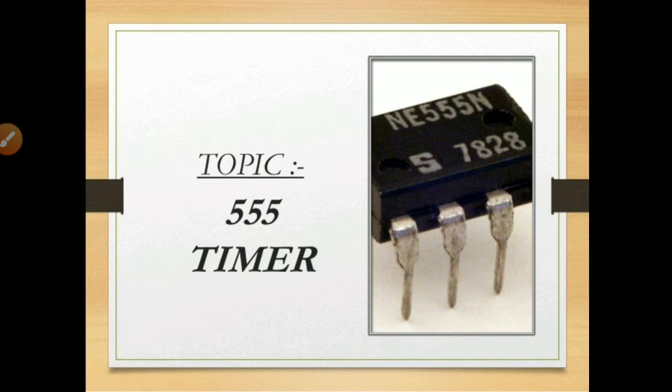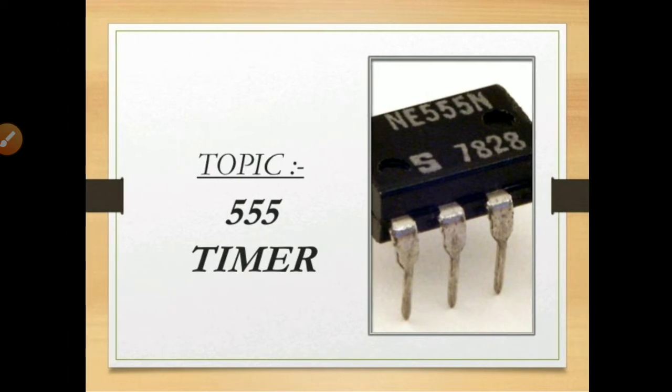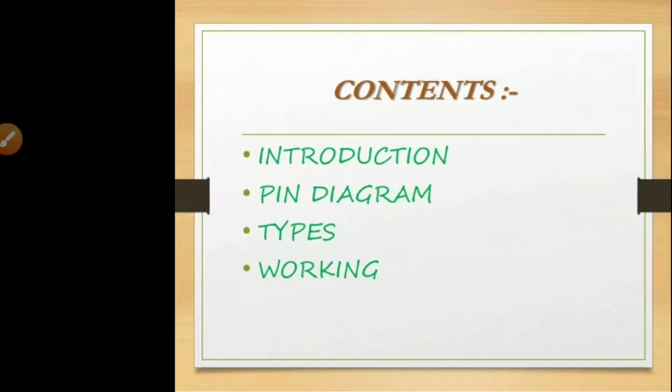In most electronic circuits, the timer plays a very vital role. The main function of this 555 timer is to provide timing pulses, with different time durations. A precise value of the time duration, a precise value of the time pulses, is produced using this particular 555 timer. That is the main thing here.